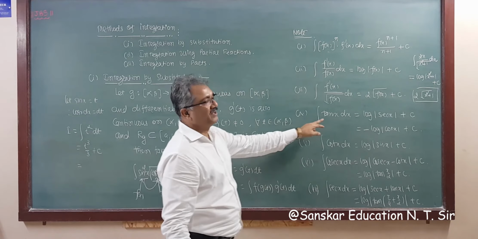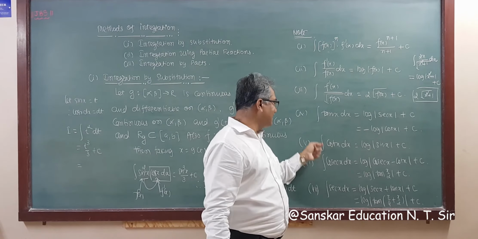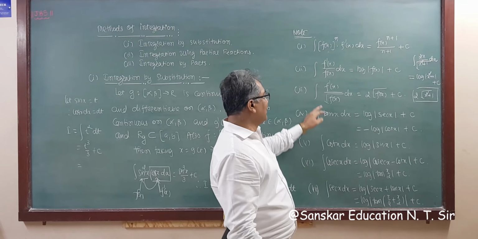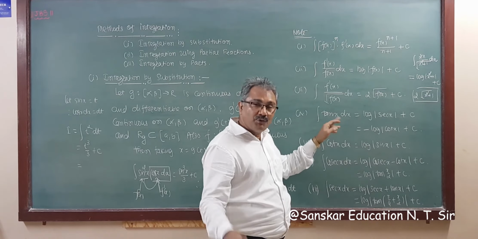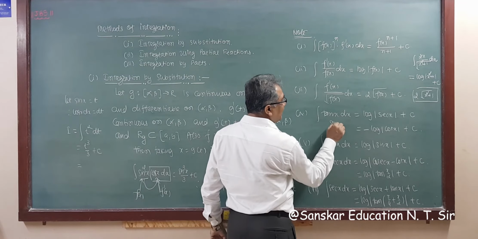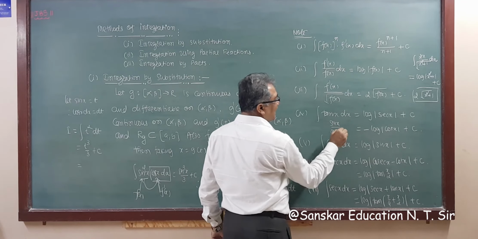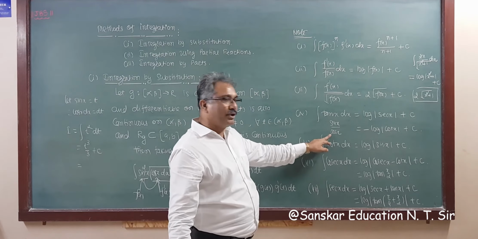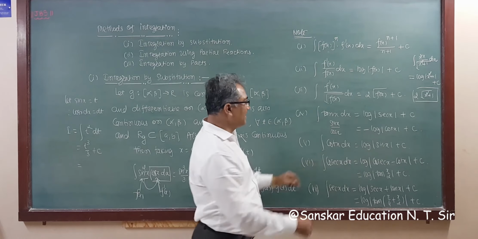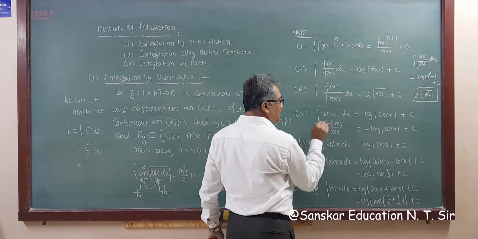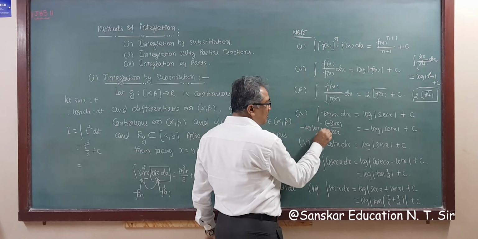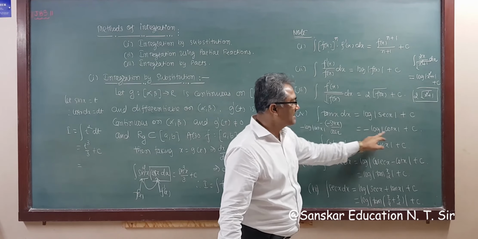Now tan x. अभी तक ये फॉर्मूला नहीं आई थी, tan, cot, sec square, cosec square क्या किया, right? So tan x, how to remember? Nothing to do. Tan is sin upon cos, I am writing here, right? Derivative of denominator is in numerator, yes. Cos derivative has a minus sign, but it is plus, so this is minus and this is minus. Then the answer is minus log mod cos x. Apply this formula: minus log mod cos x.